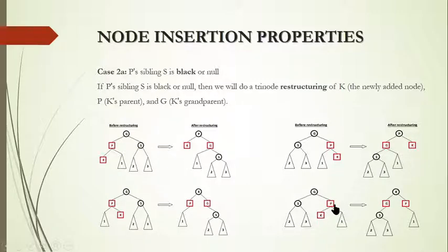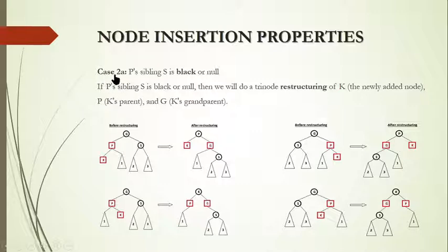And here you can see another scenario where you can see right and left, and its parent is red and sibling is black. And I have to take this G, P, and K. It's in a right-left node. So I have to make a right rotation first. So K goes here and P comes down. And then I have to make a left rotation, a right-left rotation. So G comes down, K goes to the top, and P will be at the right side. You can see here, after making a double rotation, I get something like this. And this is also in a red black tree property.